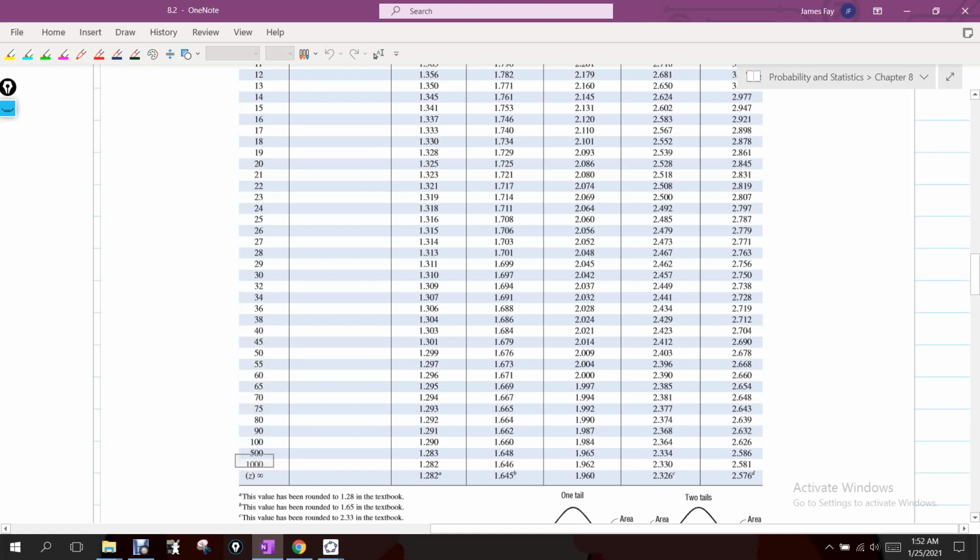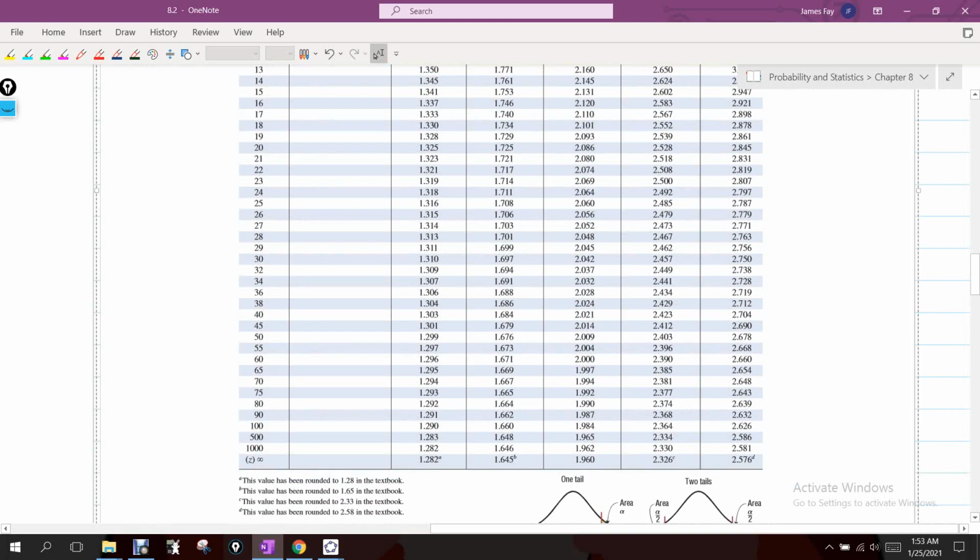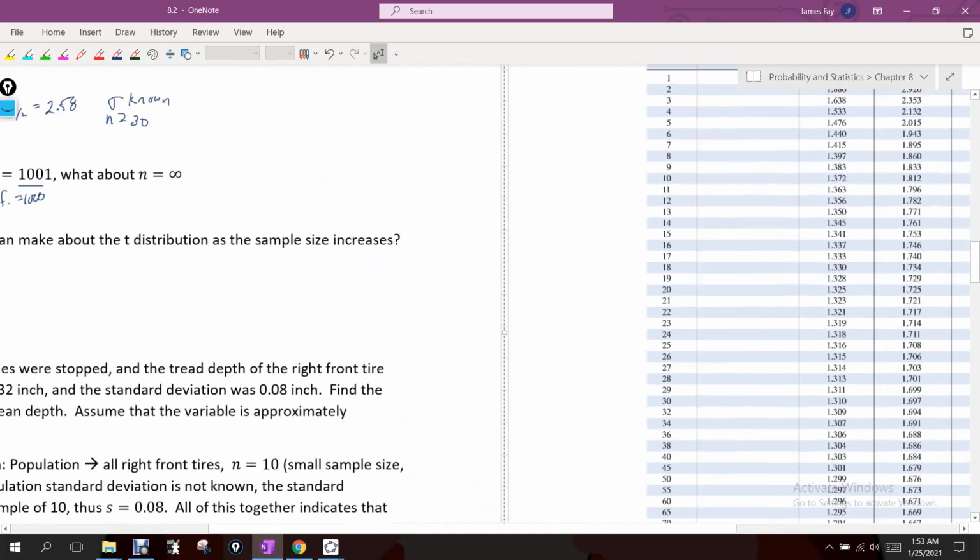So if I have 1,001 as my sample size, then 1,000 is my degrees of freedom. If we look at 99 percentile, it's 2.58. And if I go to infinity, it's 2.576. And you see here that when it says infinity, it's actually got a z in parentheses. And what that means to us is that